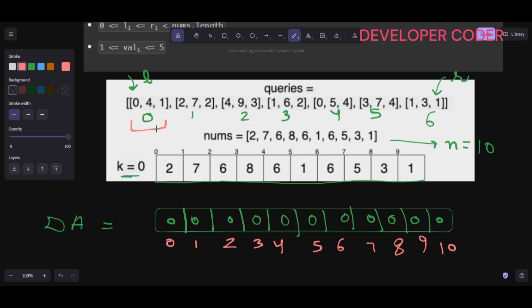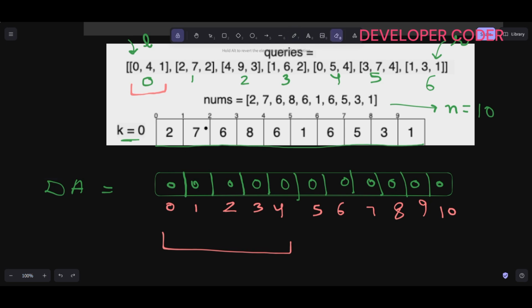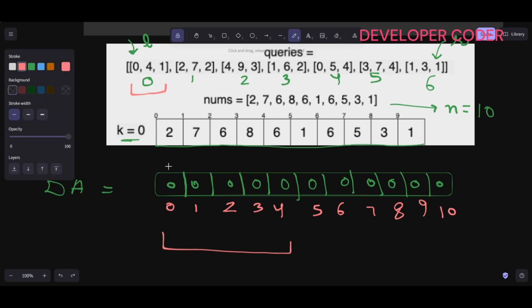In this query you are saying that in the 0 to 4 range you are going to add 1. Instead of decrementing, I'm adding 1 in this difference array. Instead of adding 1 to all the places, 1 here, 1 here, 1 here, what I'm going to do is update this value as 1 in the difference array. So here 1, and until 4, if I do the prefix sum,